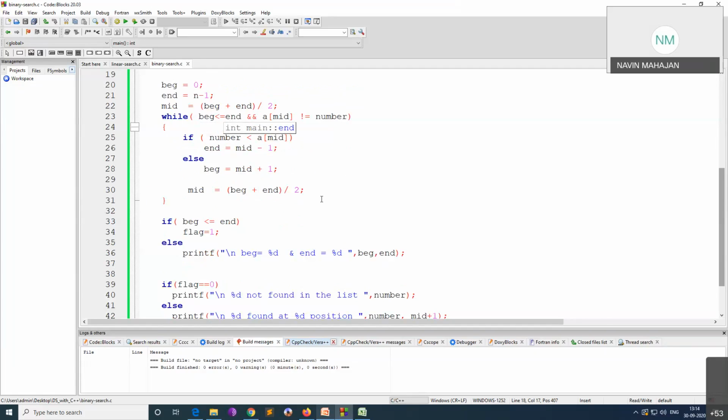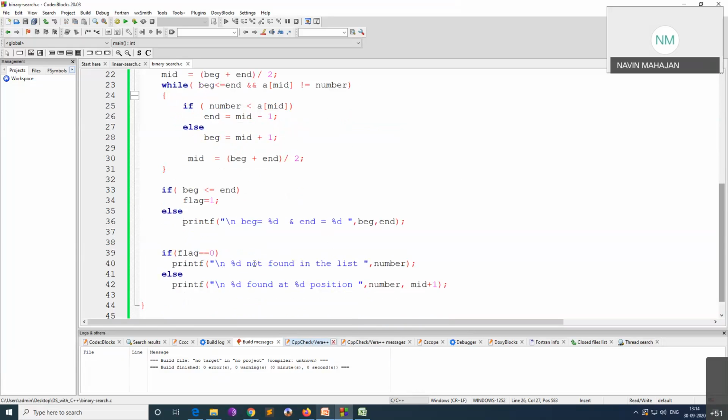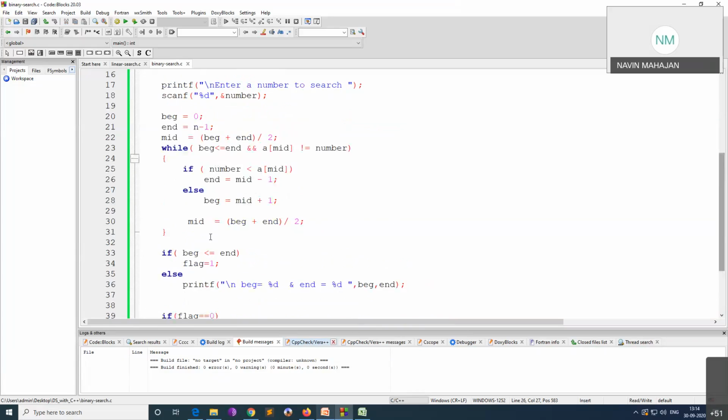What is the other case? If beginning is less than or equal to end, and a of mid, the number which you are comparing, is not equal to number, then only we'll compare, otherwise we will exit. If a of mid equal to number is true, I'll just come out and check and print the message. So while beginning is less than or equal to end and a of mid is not equal to number, I'll check